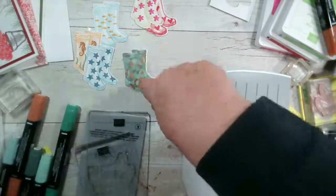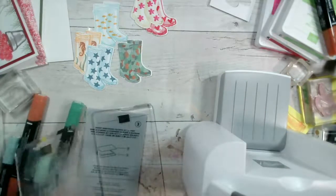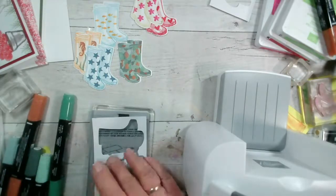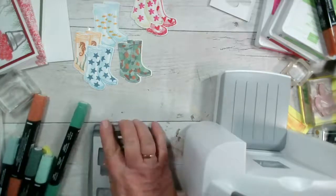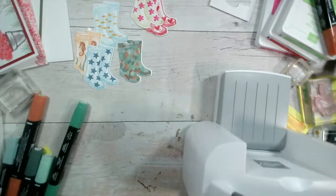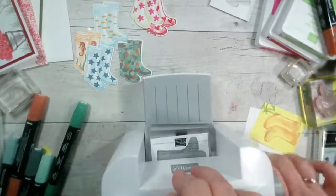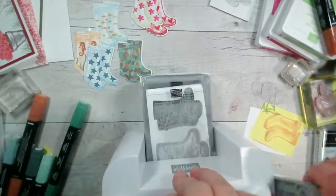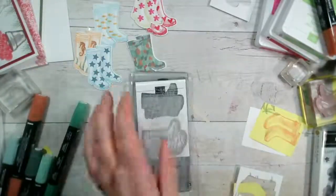So I've got some camouflage boots, and finally my little cheat zebra print boots. You could also do, obviously, just do your own spots, couldn't you? Just with a pen, or